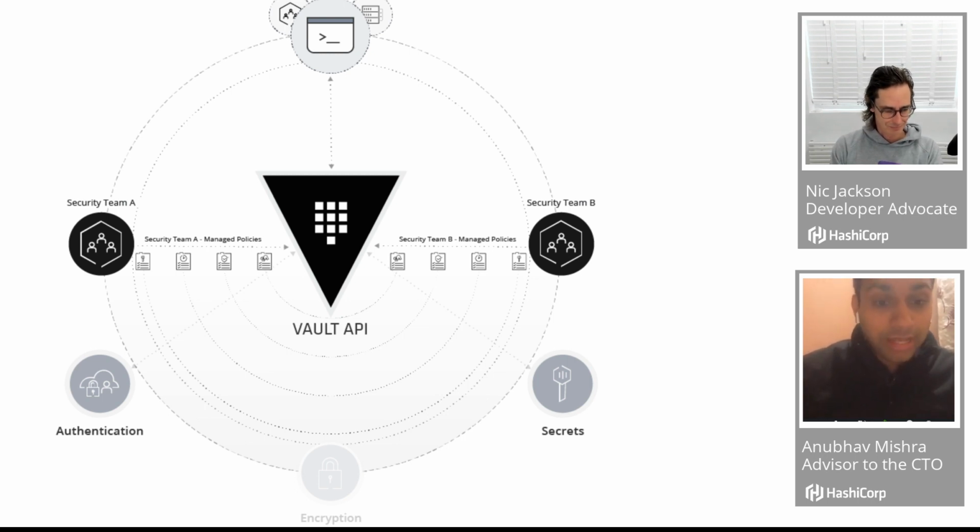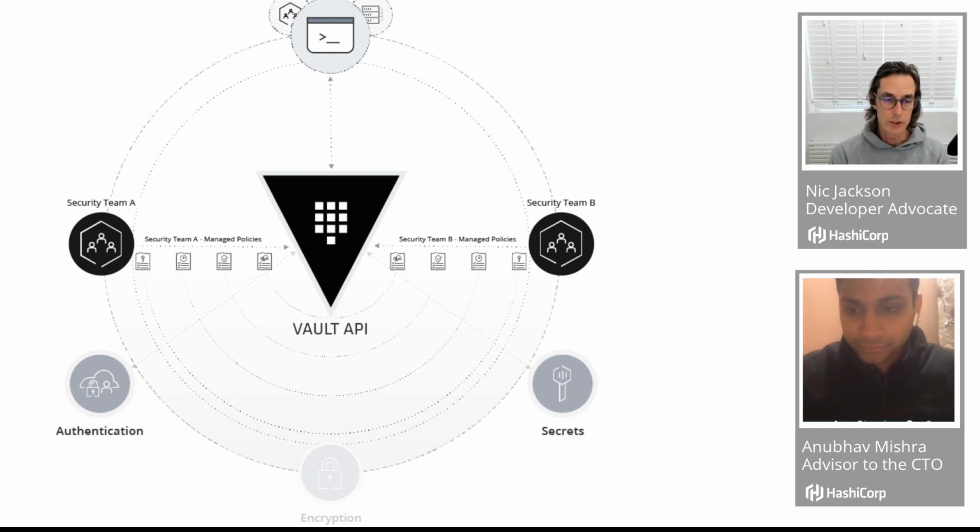Vault has authentication methods that allow you to authenticate with Vault. You can treat Vault like a web application. You need a username and password to get a session or a cookie, and Vault's very similar. You need some form of identity to authenticate. You can use your GitHub credentials, LDAP, or whatever you're using in your organization. There are various authentication methods. Once you get a token,